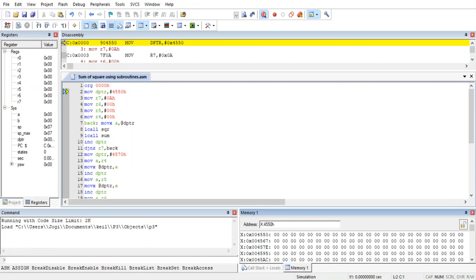4550H. Yeah, so this is the memory location 4550H from the external RAM. So we need to put data in here, only then you can take the data from these memory locations. So let me put some data. Let me take 52,